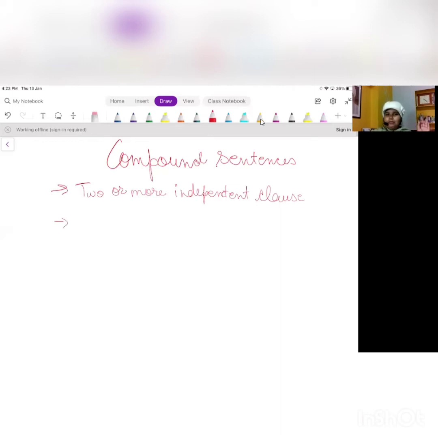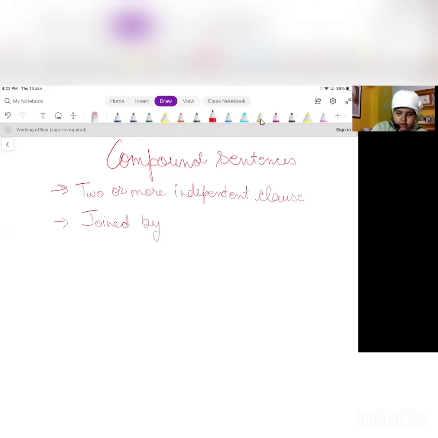The minimum is two. इधर सिर्फ टू इंडिपेंडेंट क्लॉज होने चाहिए. टू से ज्यादा भी हो सकता है, क्योंकि खाली एक हुआ तो वो सिंपल सेंटेंस हो जाएगा, उसका कोई कंपाउंड रहने का कोई मतलब ही नहीं निकलेगा. तो इसलिए टू और मोर इंडिपेंडेंट क्लॉज, then they are joined